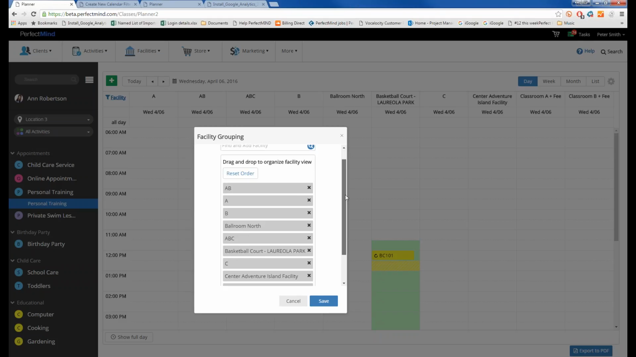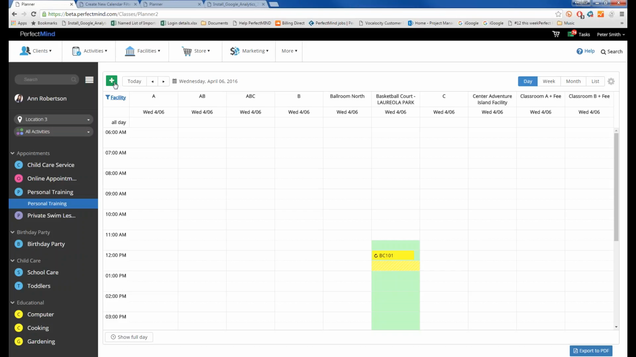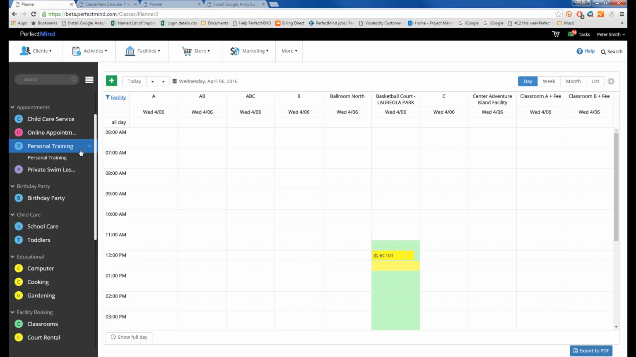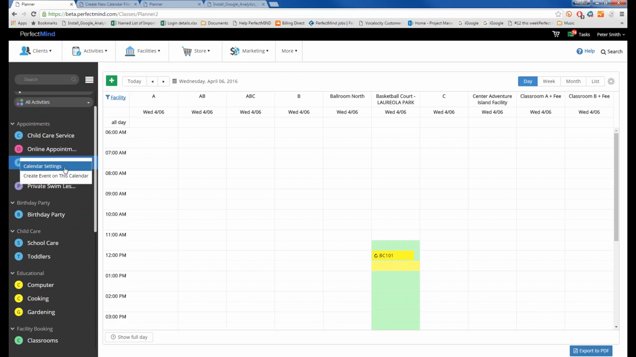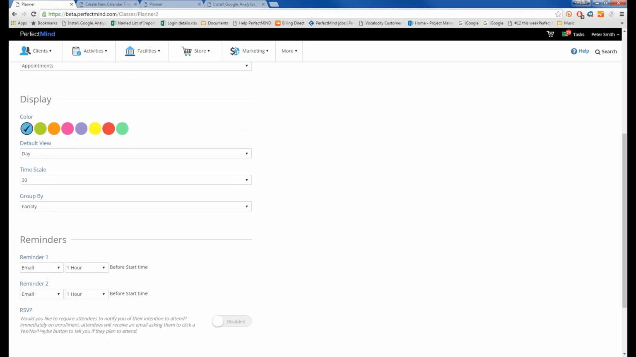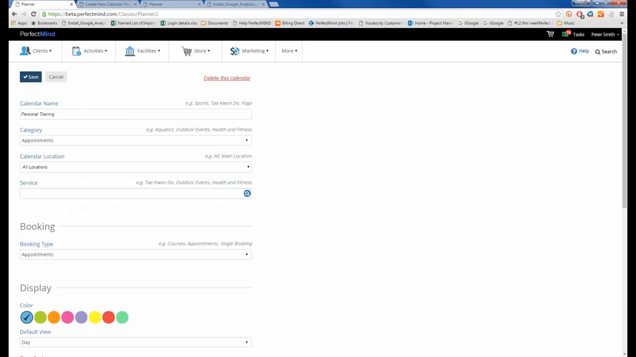in completing their tasks. Now, going back to show you how you can change the grouping, in case you're not aware of that. That is an option in the calendar settings. If you go onto any of the calendars, click on the downward arrow and choose calendar settings. Here you have a function that allows you to group by facility, staff, or none. So in this case, if I change it to staff and press save,